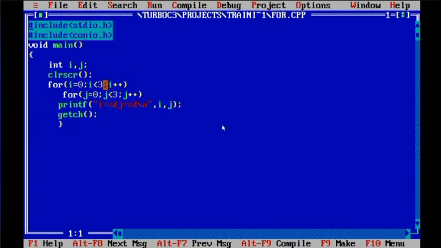Before I go for the variation, can any one of you tell me the output? I will just write something. I will just change it to this. Can you tell me the output? What will be the output of this program? Tell me how many i values will be there?